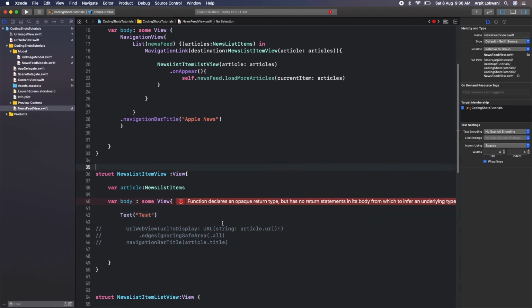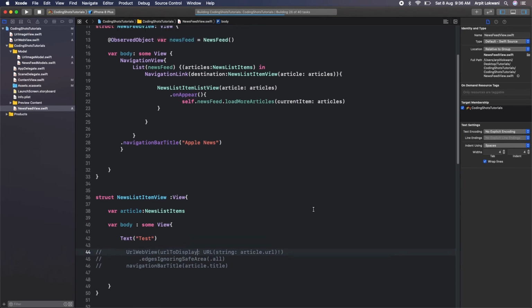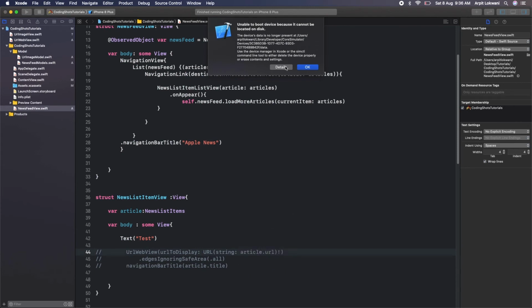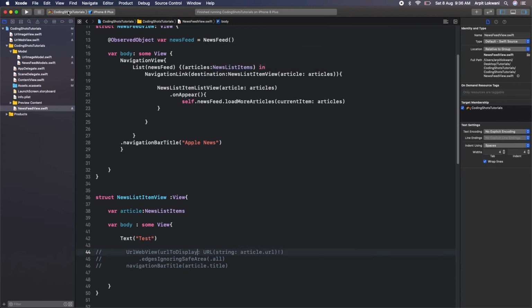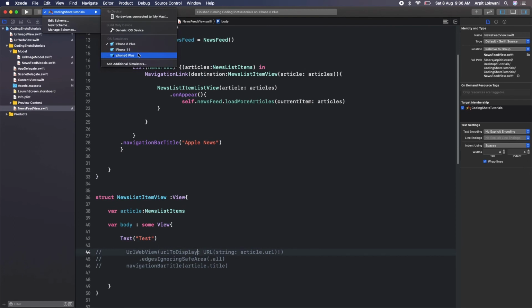Okay, let me run this now. So let's see how it is looking. Build success. Oh, okay, so it's saying I don't have the simulator, so I will run in iPhone 6 Plus. Fine.